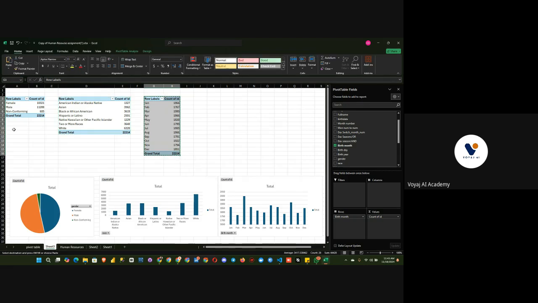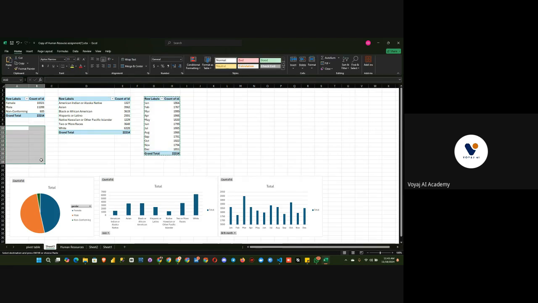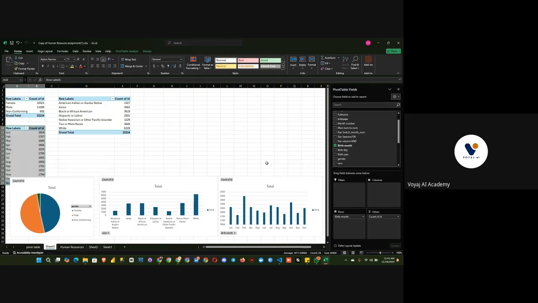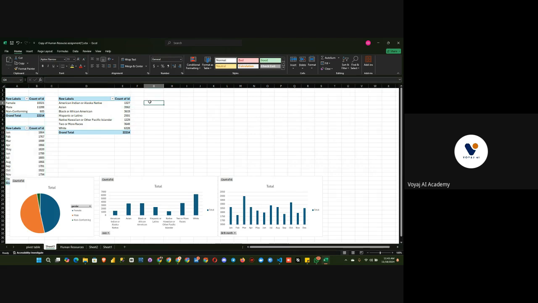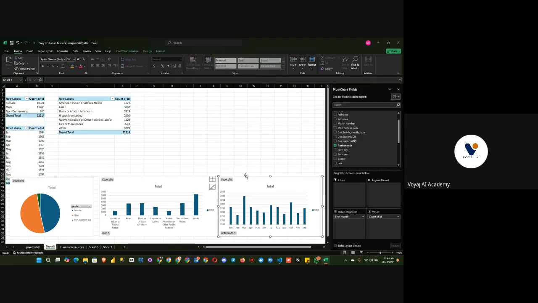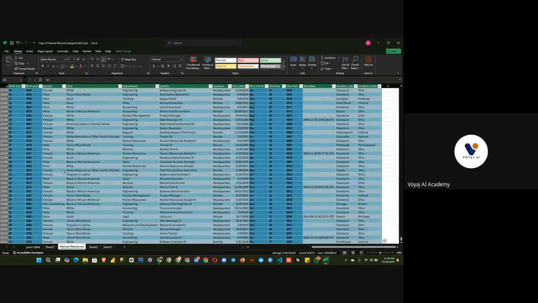Now, where does the idea of using sliders come into play, right? So let's assume we want to use sliders to kind of walk through this visualization. All I have to do is come to the original table I have, then click on,